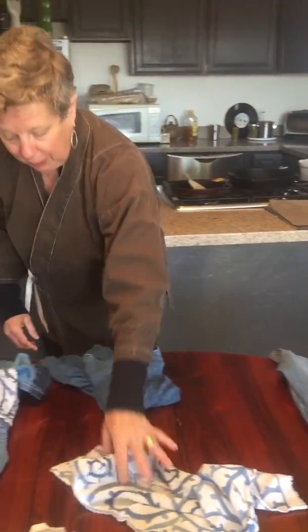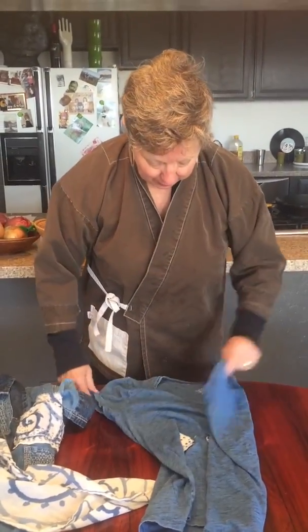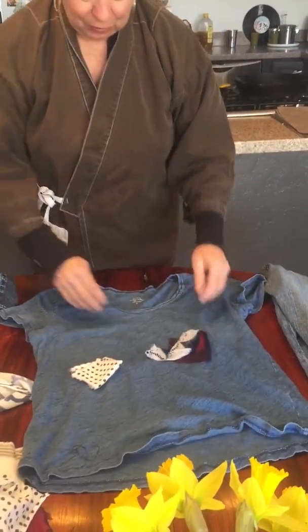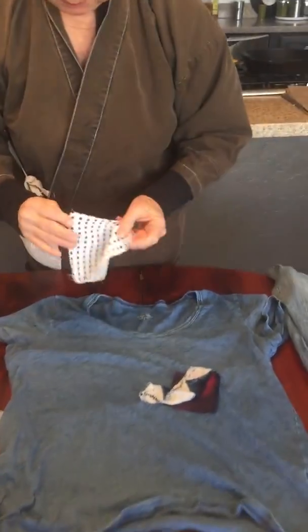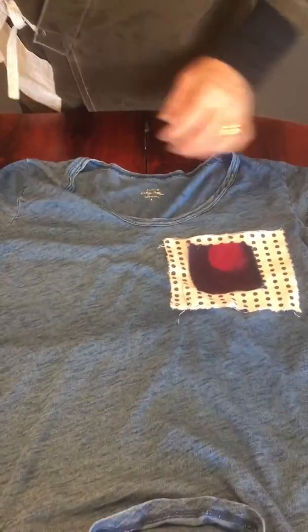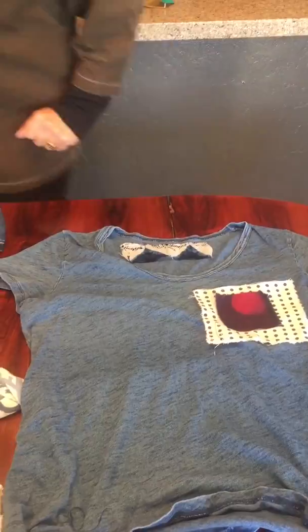Another thing that I thought of working on during this time at home is this old t-shirt, seen better days, but why not just see what I can do to jazz it up. I'm just playing with some ideas here, taking some fabrics, and maybe adding a pocket. Who knows? Maybe later on I'll report back and see what I've done. But anyway,